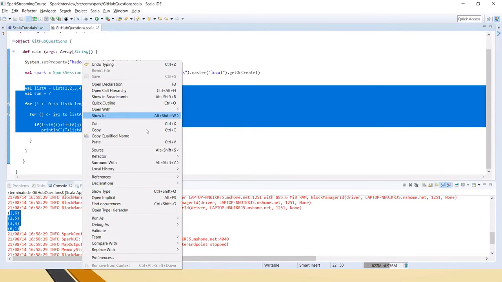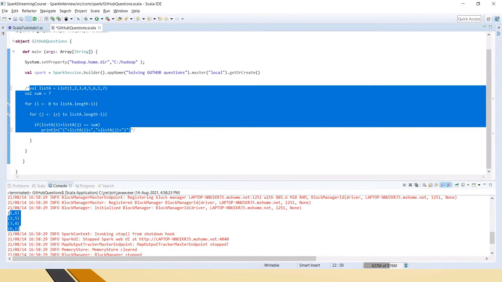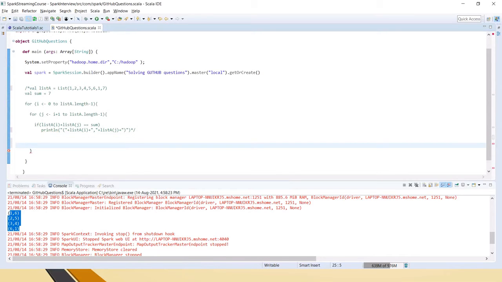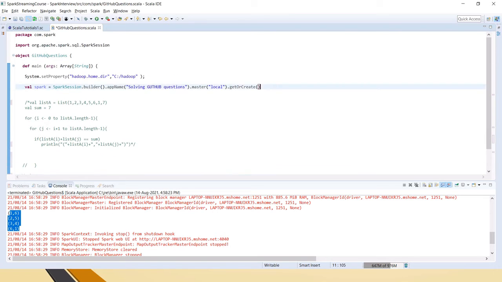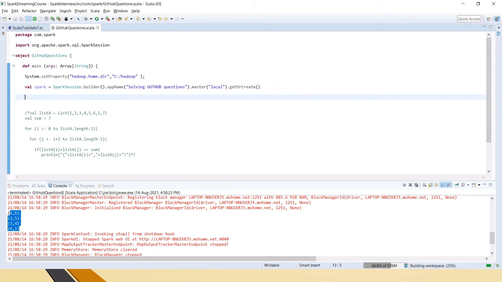For this, I'll just comment this out. Okay, I've created a file out of it. First let's create my schema, because when you have a different number of columns for each row, we need to tell Spark what schema we are looking for, so that it will apply null to the missing elements.